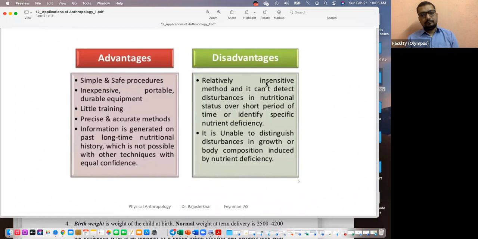Disadvantages: it cannot provide very specific small changes in our requirements. Only broad changes can be seen. If the weight changes by a few kgs, you would realize it. If height changes by a few centimeters, you would realize it. Small changes cannot be identified. Small specific changes which incrementally cause problems are sometimes within the error of measurement. If your weight is 50, plus or minus 3 kgs, you may not realize the difference within the small changes that happen. So it is relatively insensitive in detecting small disturbances.